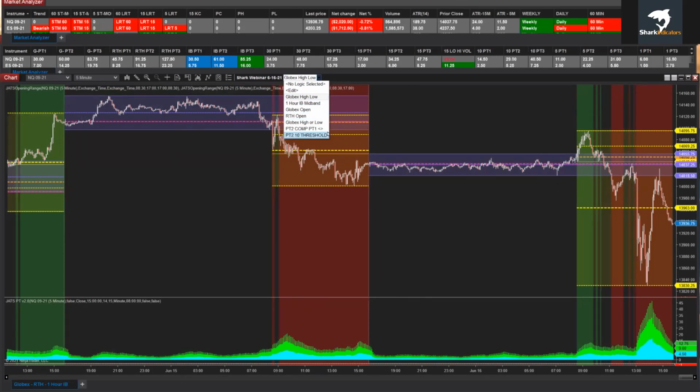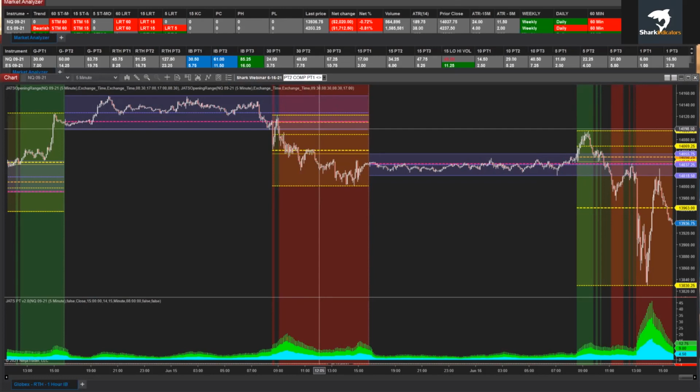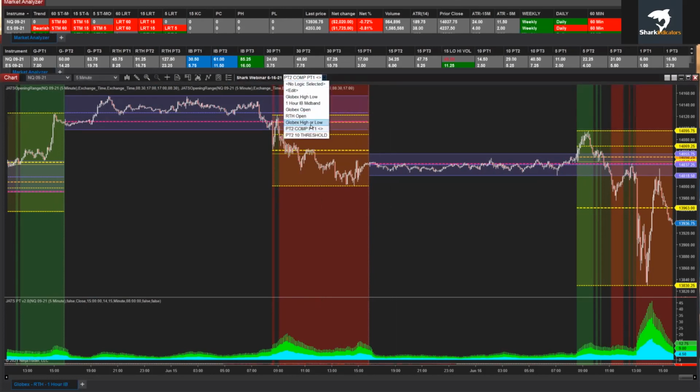And again, we've got the thresholds. I also can put some things together that I'll talk to you about